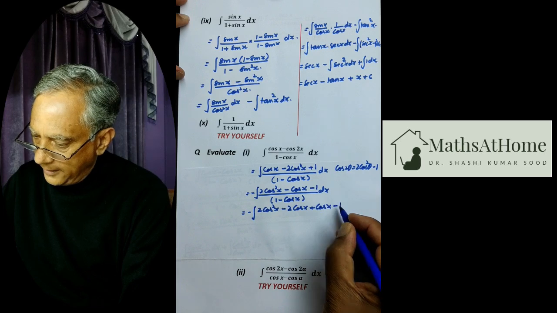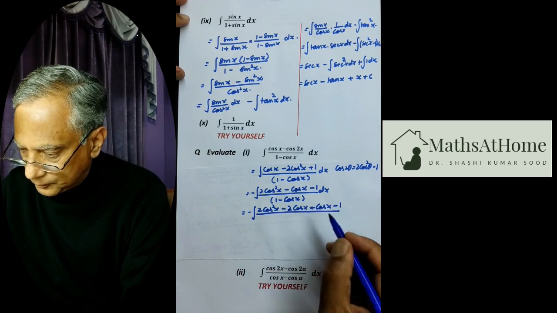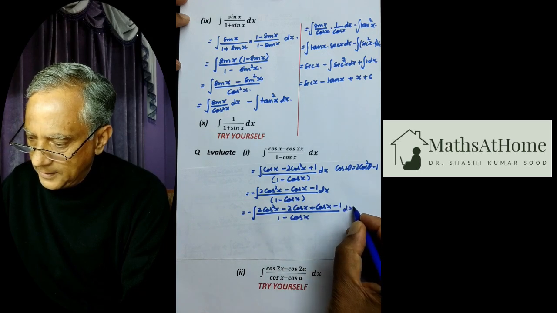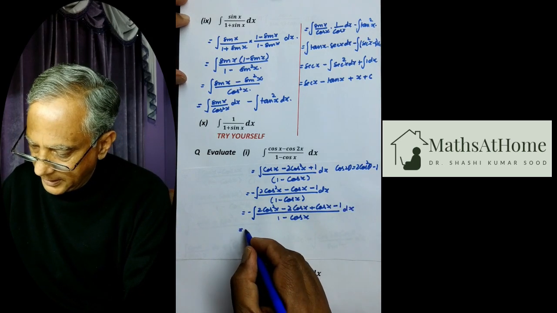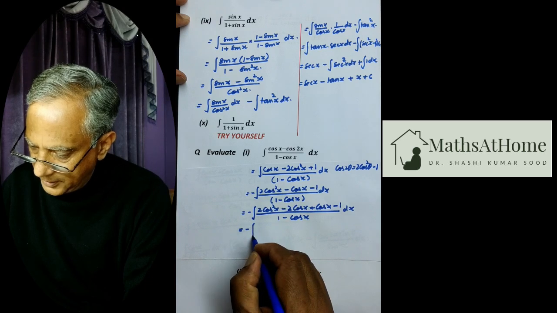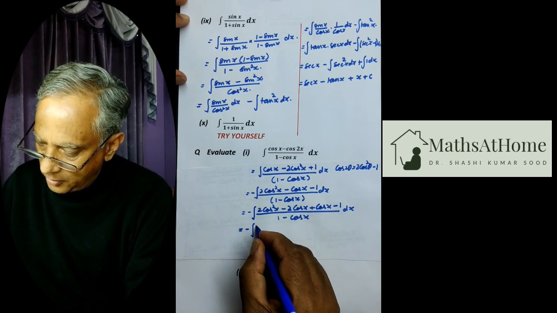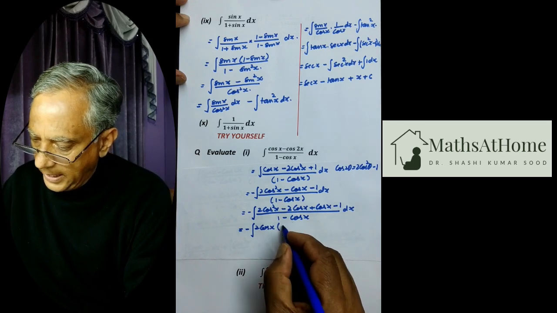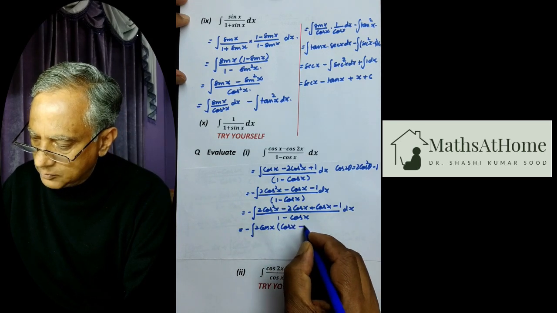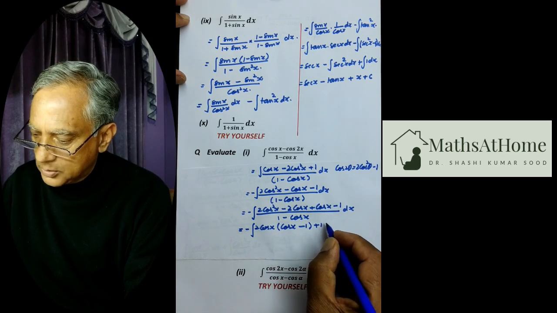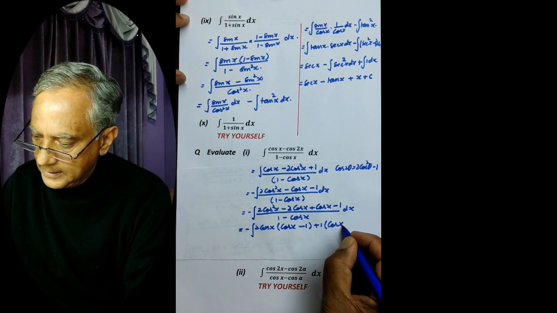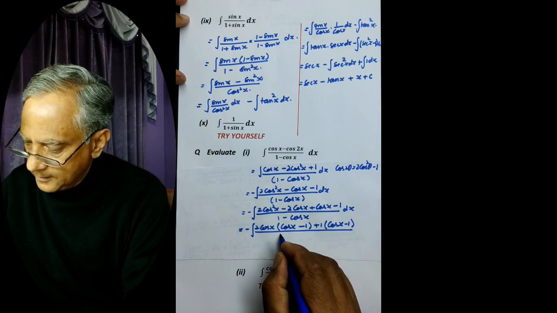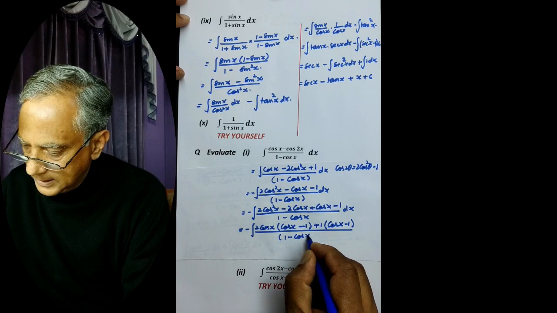So we have this whole divided by 1 minus cos x dx, and this can be written as minus integral of, now 2 cos x is common, we have cos x minus 1 plus 1 is common, we have cos x minus 1 whole divided by 1 minus cos x